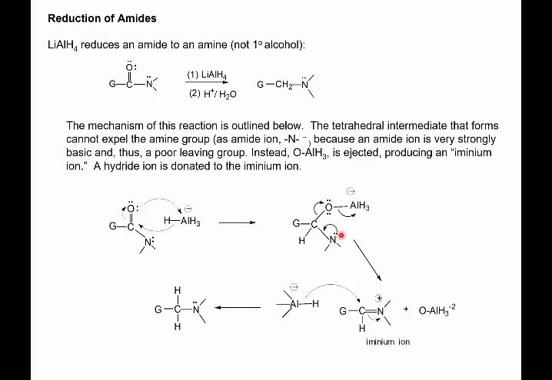Instead, what it does is counteract that, and the lone pair from the nitrogen is pushed in, and it in fact breaks off the oxygen aluminate group, right? And that's actually the next thing that happens. When that lone pair swings in and kicks out the aluminate as a leaving group, you get this. Remember this positive C=N double bond, called an iminium ion. Now there's still reducing agent around. The aluminum hydride is going to donate a hydride ion to the carbon here, and boom, that produces your amine